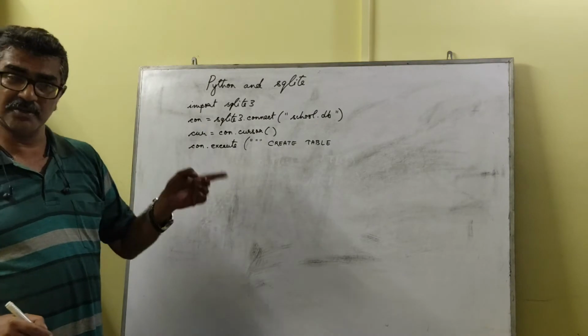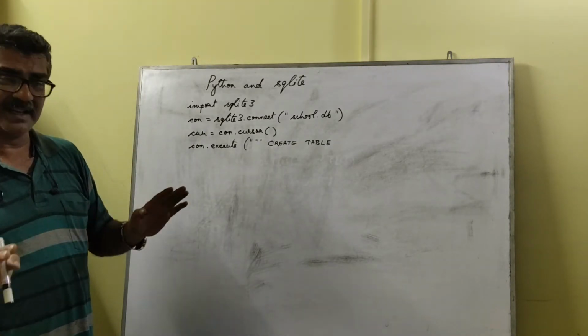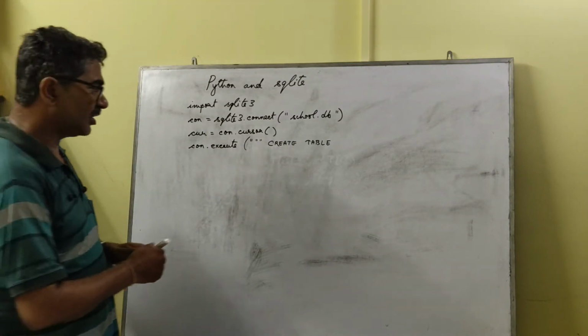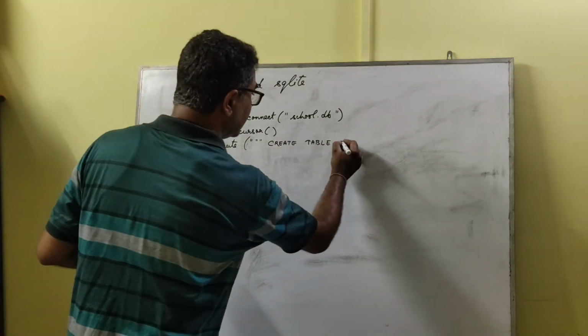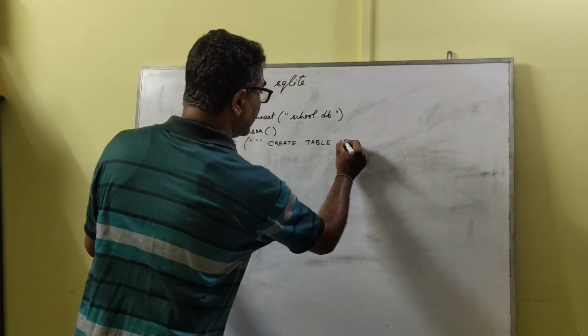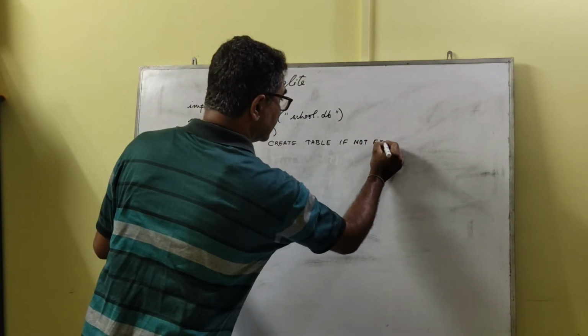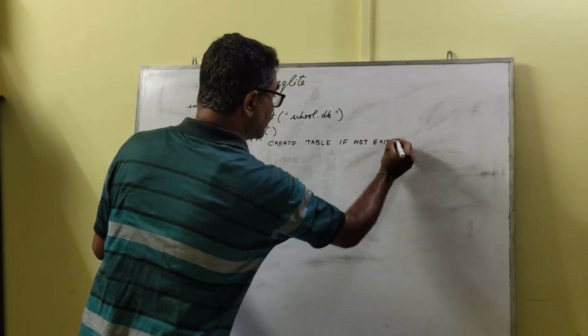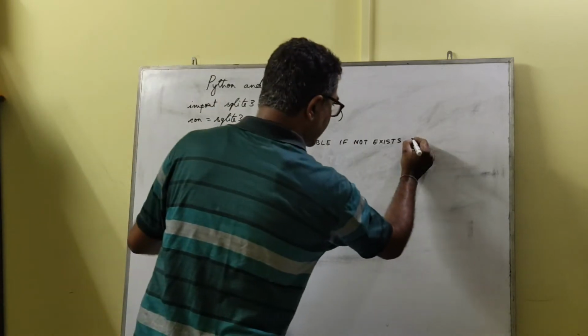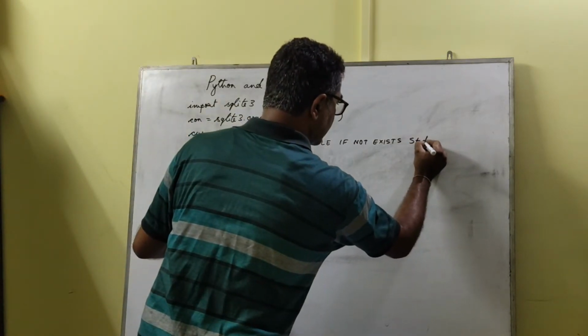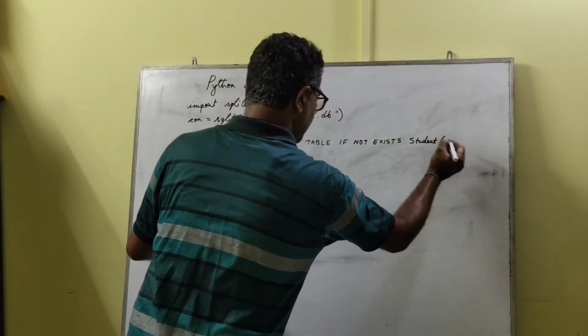So we don't need to create it further, and to eradicate any possibility of error, we write create table if not exists. That means in case it does not exist from before,